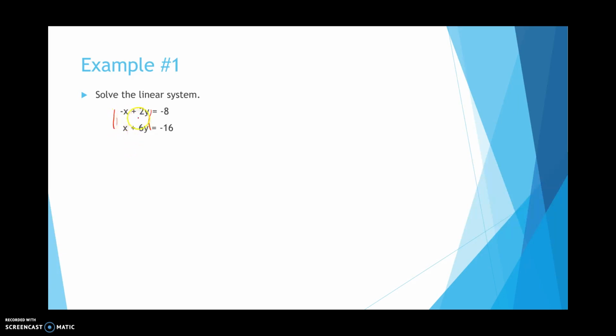It can. When you add 2y and 6y, does that give you 0? It doesn't. So notice how negative x and positive x become 0. That's going to cancel. So now I add my 2y plus my 6y, and I'm going